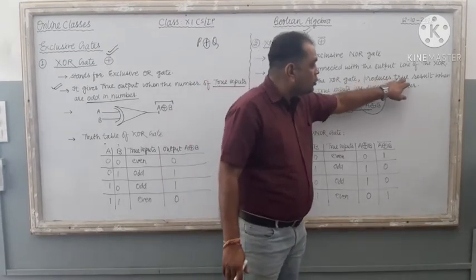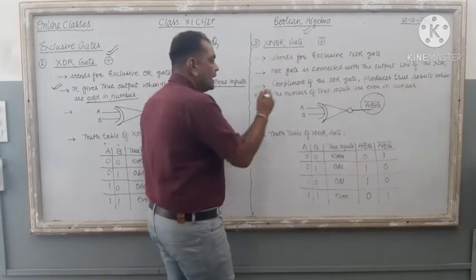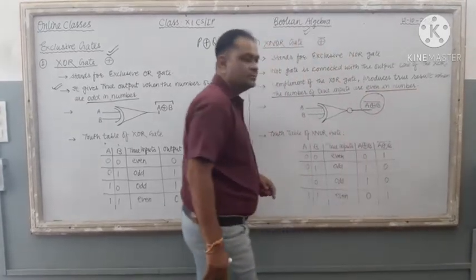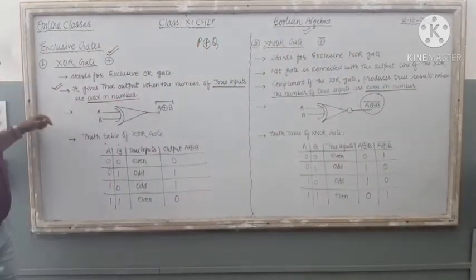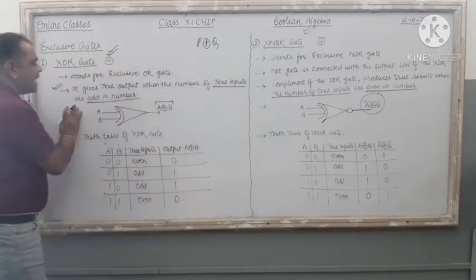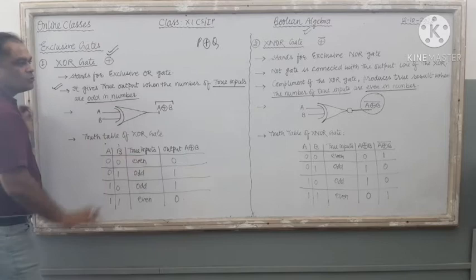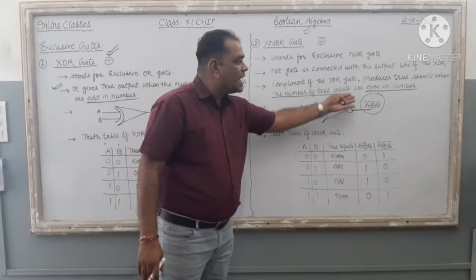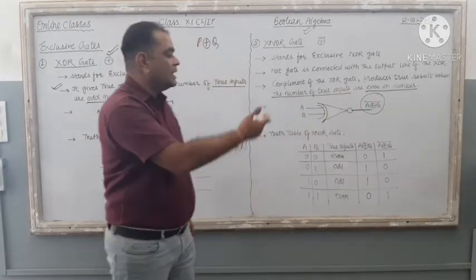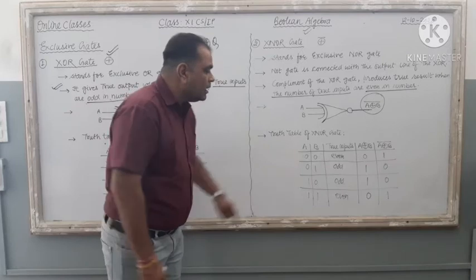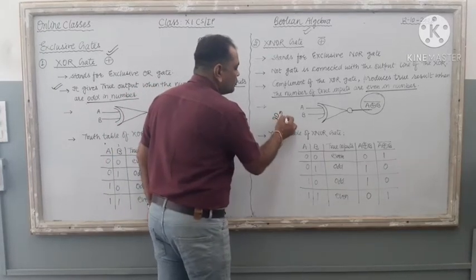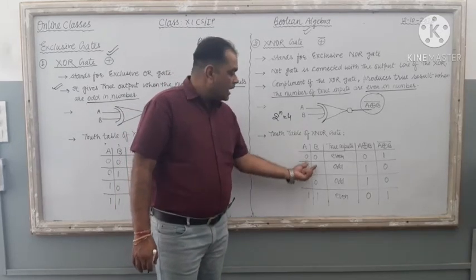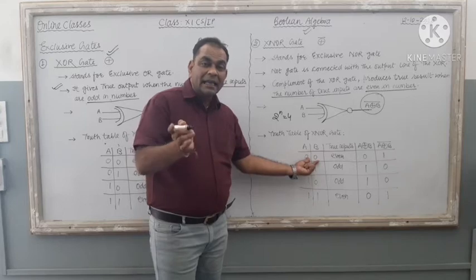It produces a true result when the number of true inputs is even. Here, if we talk about the XOR gate, where the number of true inputs is odd, the result is true. Here it has to be the opposite. Opposite means what? Where the number of true inputs is even, only then is the result true. Right? Just check the truth table. 2 inputs are there. 2 raised to n means a total of 4 possibilities are there: 0 0, 0 1, 1 0, 1 1. Right? Count the presence of 1 in each and every line.